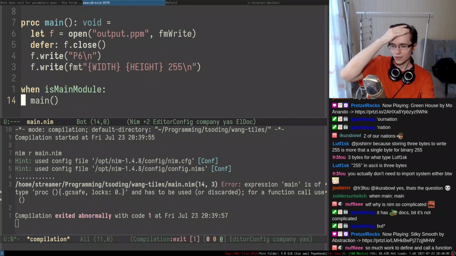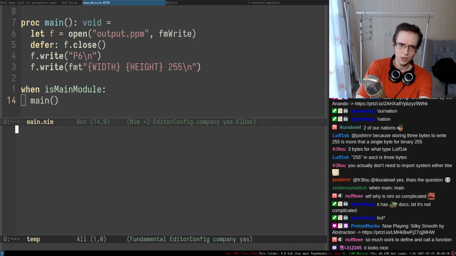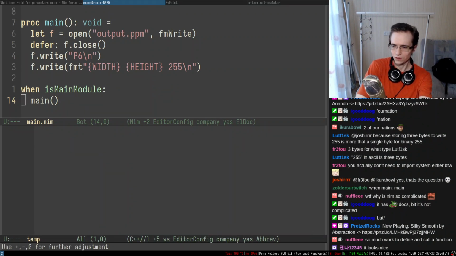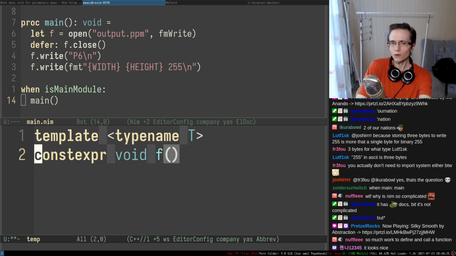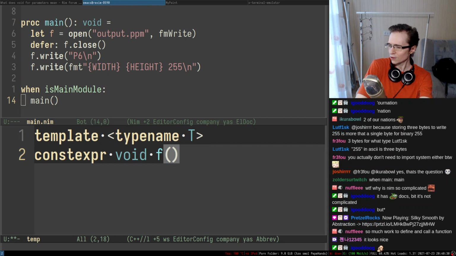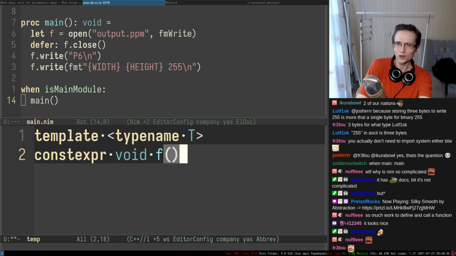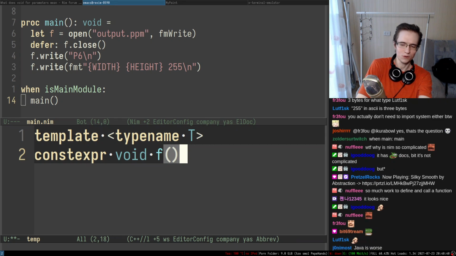So much work to define a function? Really? It doesn't look like that much work. Look, to define a function, right? In C++ you have to have template, typename T, then you have to have constexpr, then void, then look at all of that stuff. So no, you're wrong, I would say. This is straight up not true. I don't know where you're coming from, to be fair.